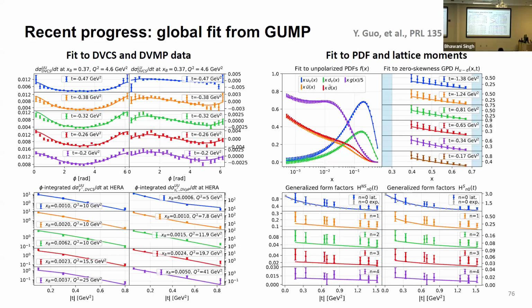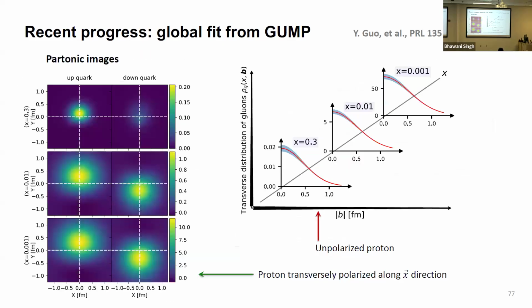Sorry, not form factor, X moments, and they managed to get a decent fit. And from the result, we know that GPD encodes the 3D images of the proton. So the result gives us this kind of picture. Take this result with caution because the fitting of GPD is still far from being complete, but just confined within